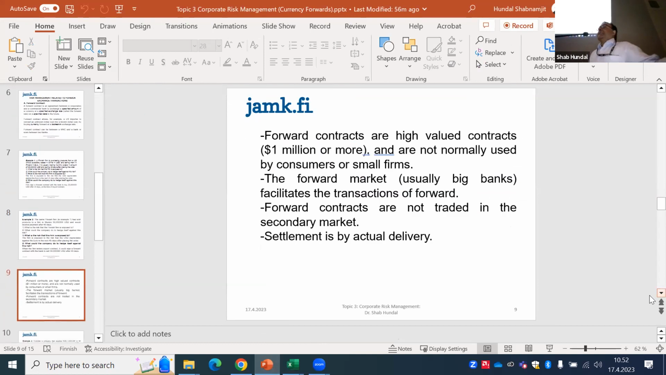The forward contracts are generally high value contracts. One thing you need to learn is that forward contracts could be high value. So if, for example, next summer you are planning to go on holiday to Britain, and you think that there's a risk that the pound can depreciate,